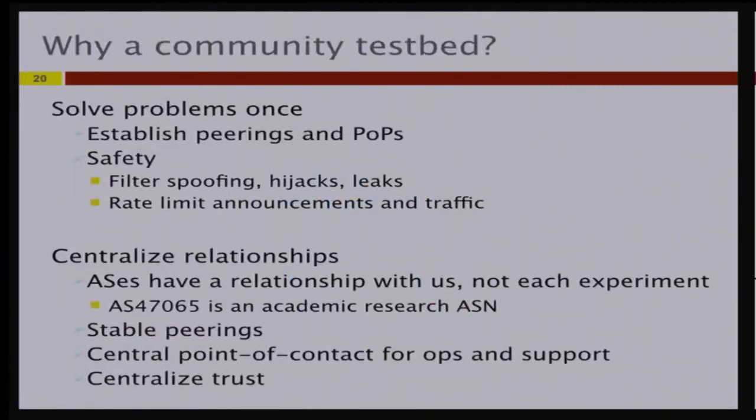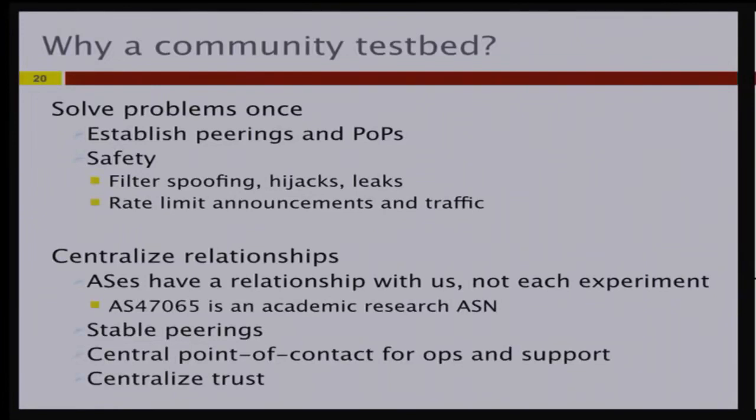So the first time I spoke at NANOG about BGP was here in 2007, when it was in Bellevue. I was a grad student, and at that point, I assumed that I would have no way to conduct the types of BGP experiments that I wanted. I figured people like Randy Bush had access to these resources. They could use a prefix and an ASN, and they had the ability to establish peerings, but there was really no way for me as a grad student at the University of Washington to conduct these types of experiments. And so I want to set up this testbed for the community to solve these problems once for everybody and enable everyone to access them.